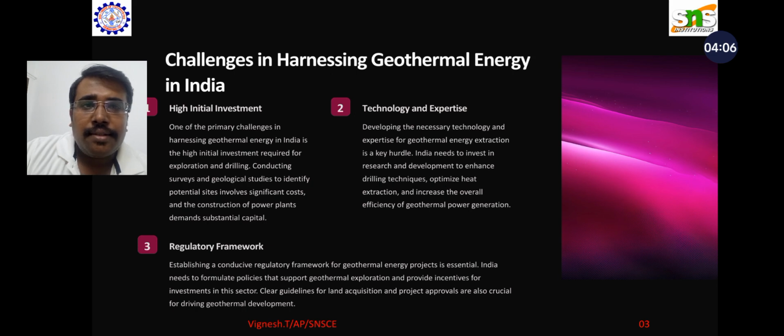And challenges for geothermal energy: it requires a high initial investment, and conducting surveys and geological studies to identify potential sites involves a significant cost, and the construction of power plants also demands substantial capital. And developing the technology and expertise of geothermal energy extraction is a key hurdle. We need experts for extracting the earth's energy,